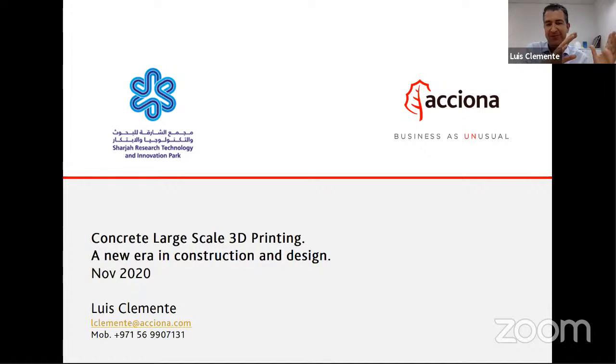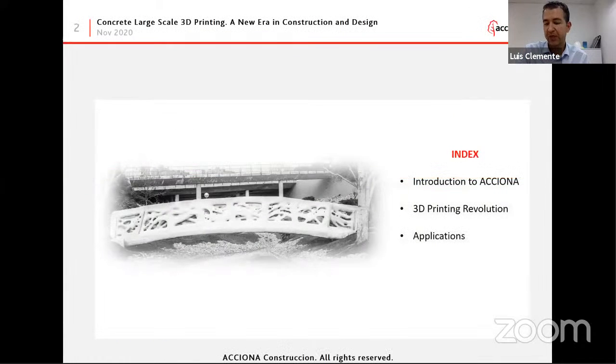And I will try to take this baton and continue a little bit, bringing this idea of how in academia and in laboratory scale, we can also be talking right now about real cases and large scale and even one-to-one solutions. So I will give you a brief introduction about Acciona, and I will talk about 3D printing in general,